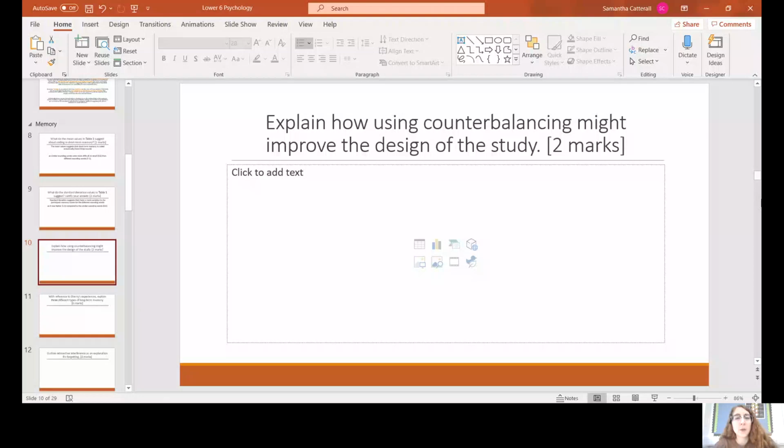This question was asking you to explain how using counterbalancing might improve the design of the study. So, as I mentioned in the previous video, this is a repeated measures design. Now, a problem with repeated measures design is that participants are taking part in all conditions of the IV. So in this particular scenario, you've got the different sounding words condition and you've got the similar sounding words condition, and participants are doing both of those